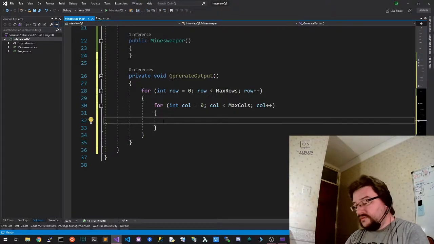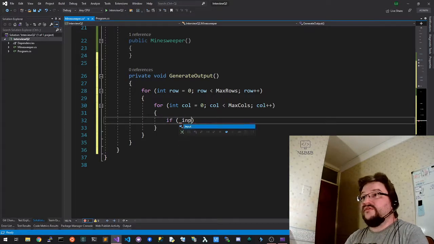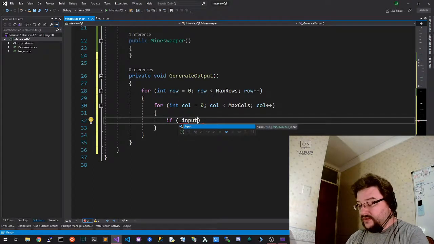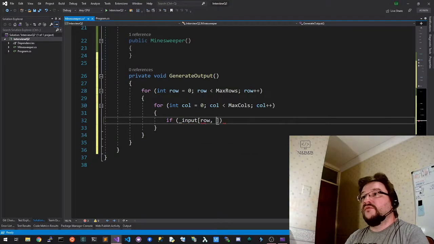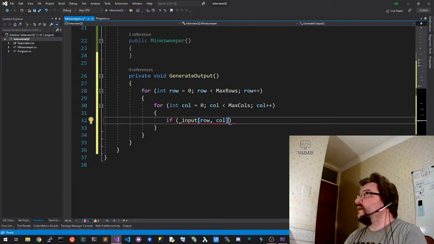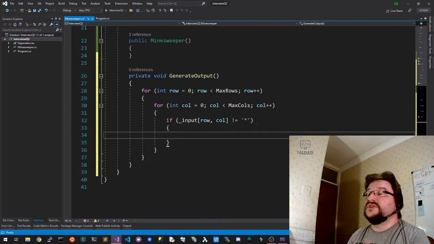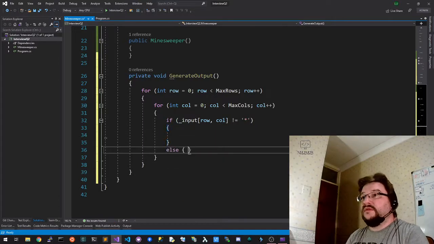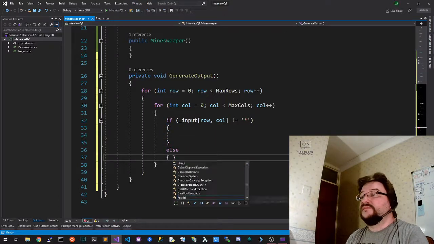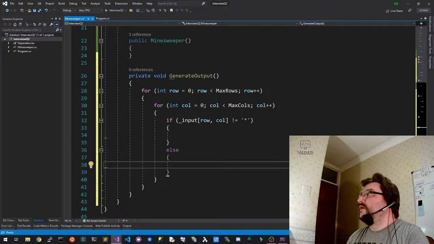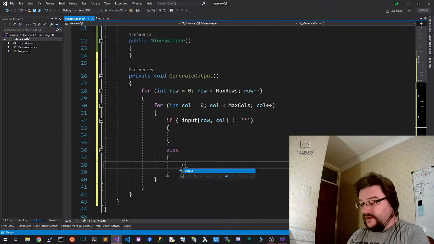So what we do now is we say, okay, first of all, let's see what we're dealing with. So if we are dealing with row and column, now if that is not equal to a star, then this isn't a mine. We need to do something with this. Now, this is a mine. So we can say in our output,